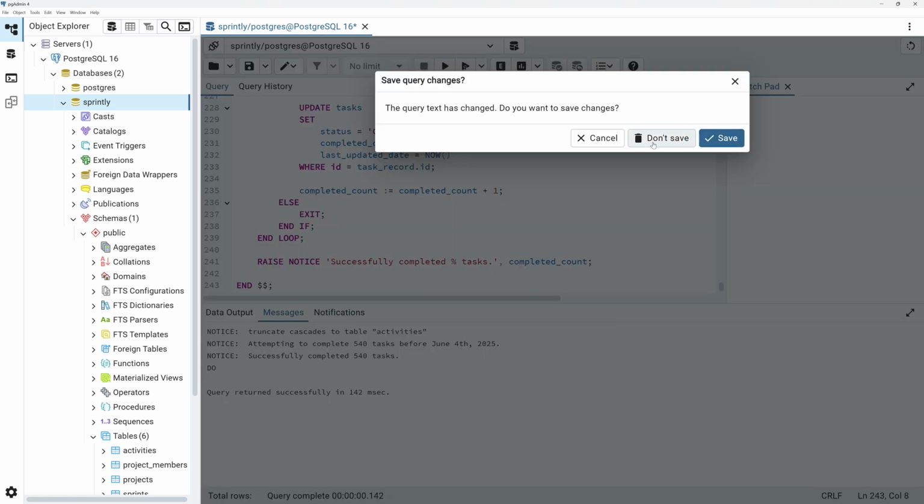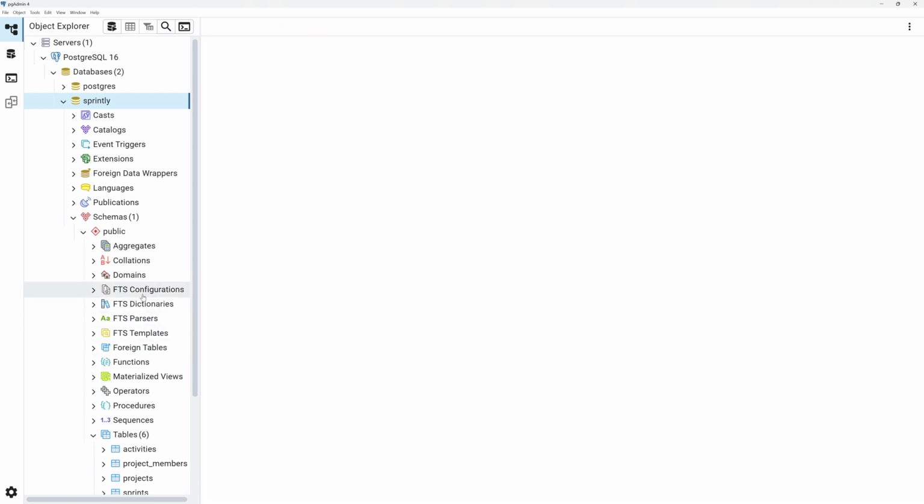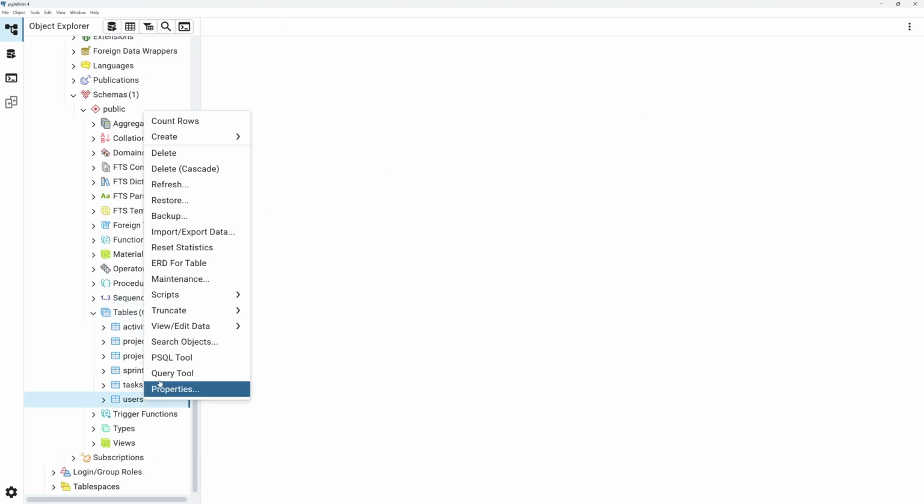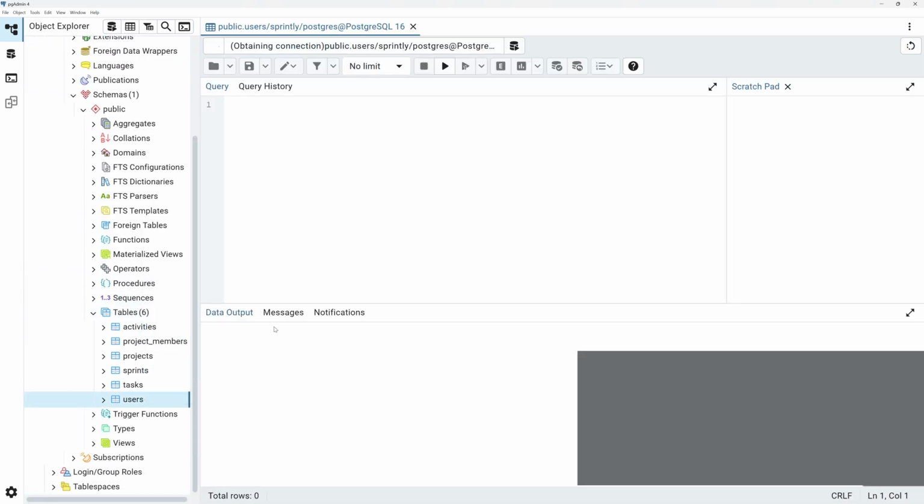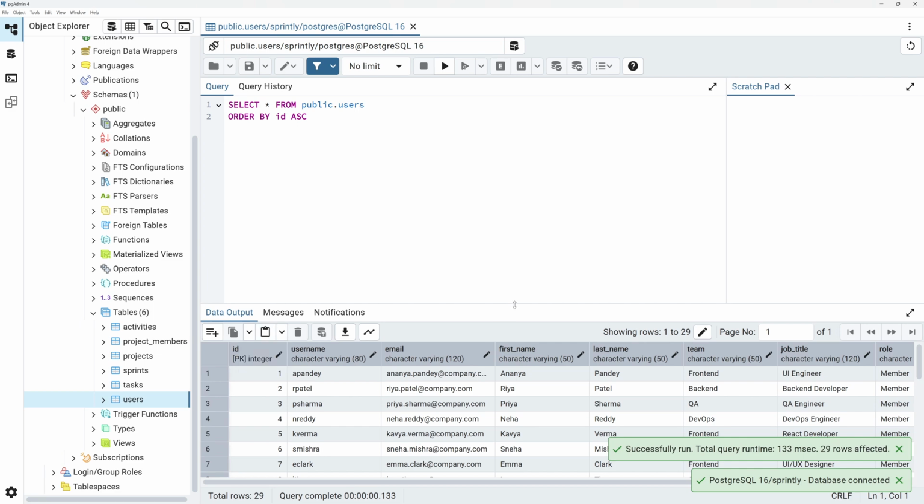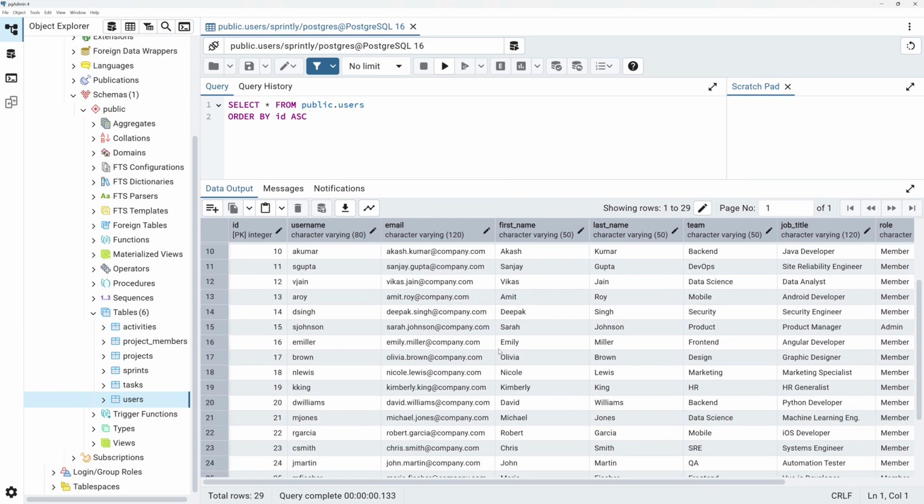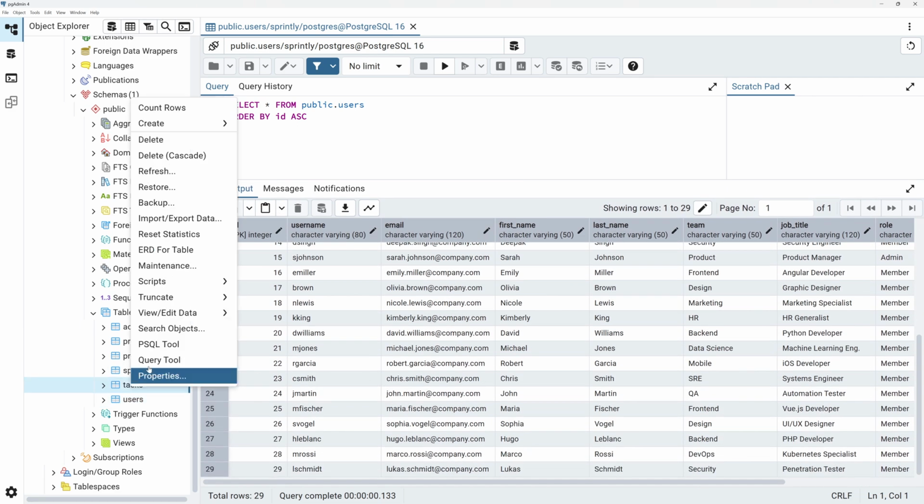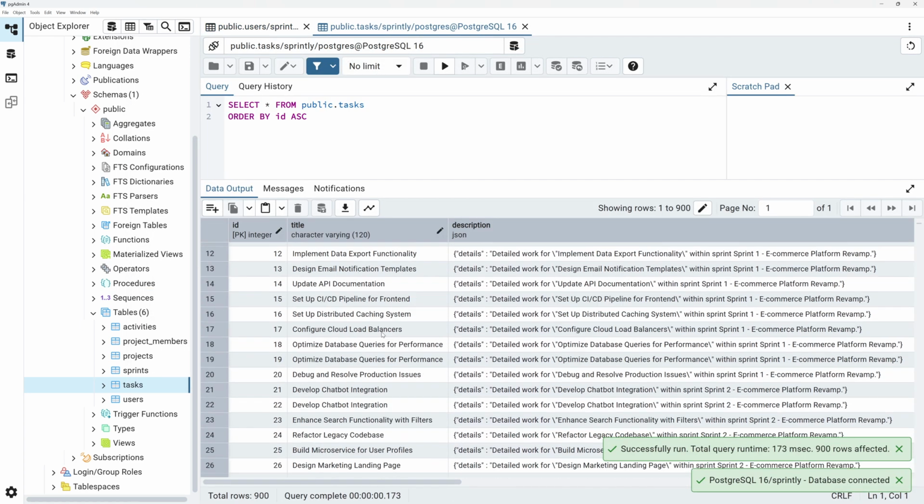I'll close this and check if we have the data. As you can see, now we have the data. We have users. We should have all the data that is required. Sorry, all rows. So dummy